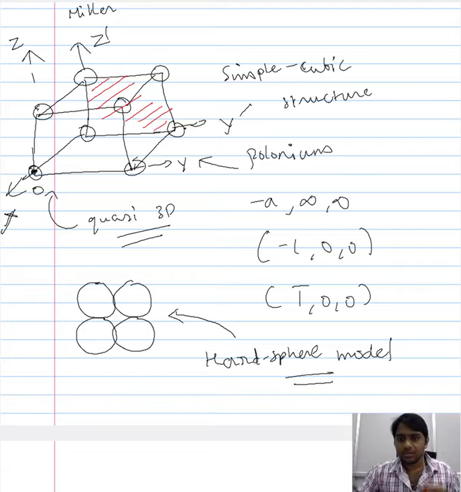Now when you consider the plane (1̄00) and you plot the atomic arrangement, you would see that the arrangement of the atoms in this plane looks like this. Now you want to build on this arrangement of the atoms, and you want to include the next arrangement of the atoms in this plane here.